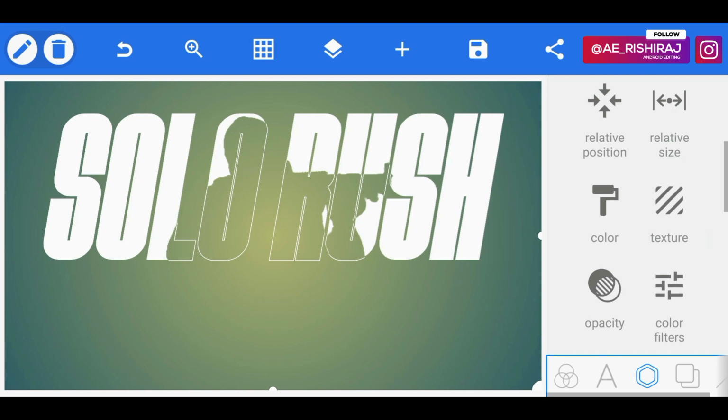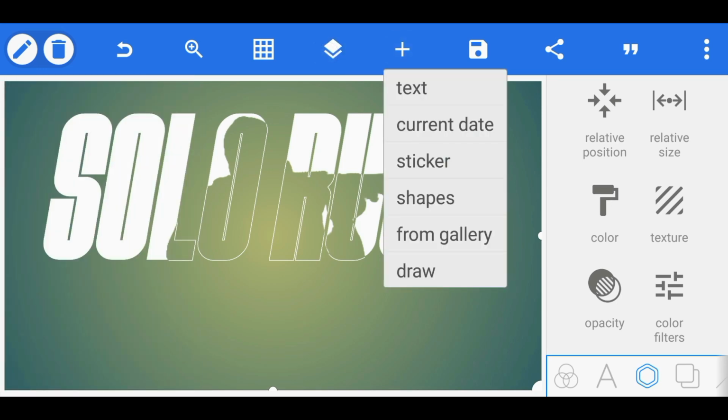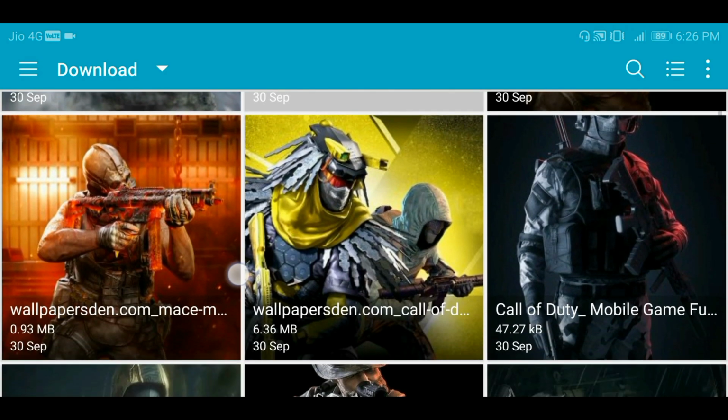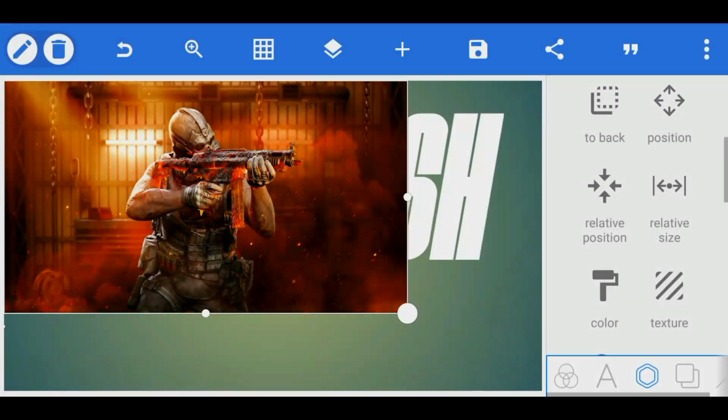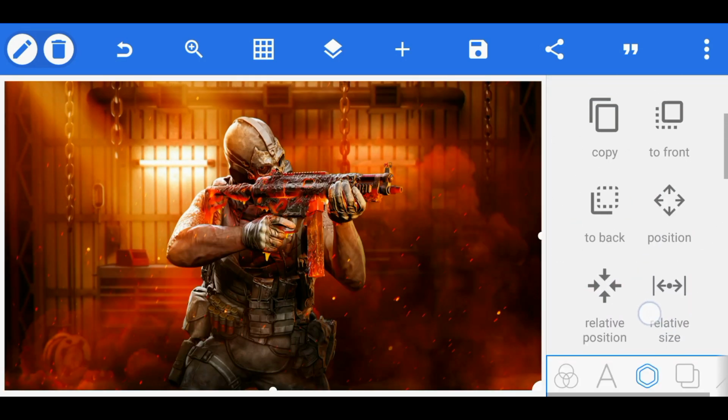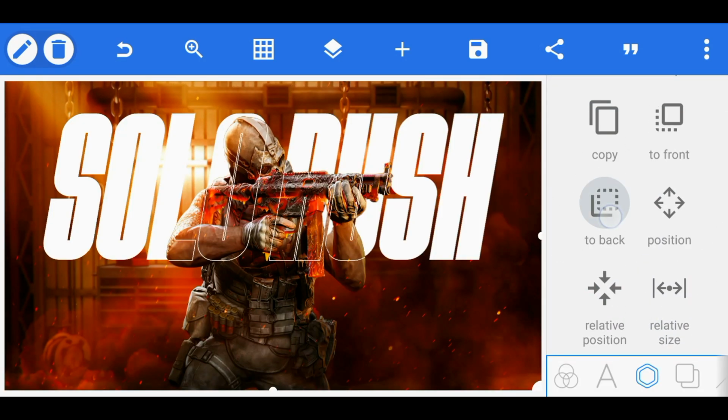Now we will simply click on the plus option once again and from gallery we will add the main image which we have. Okay. Go to relative size and increase the size to 100 and finally send it to back and this is done. This looks awesome.